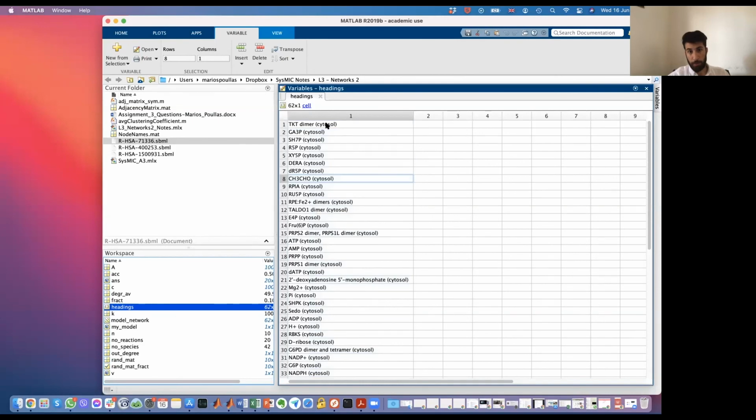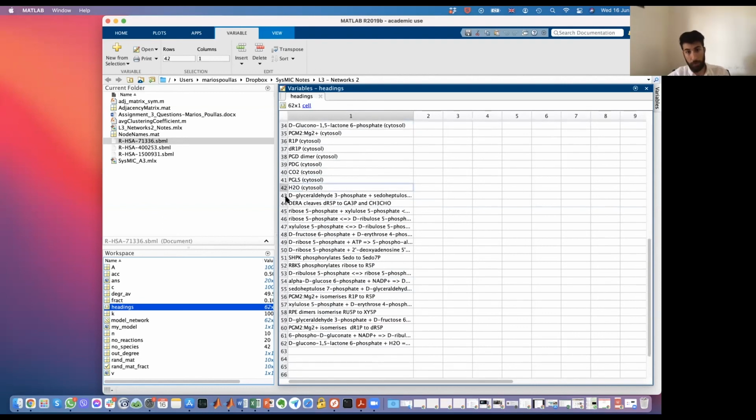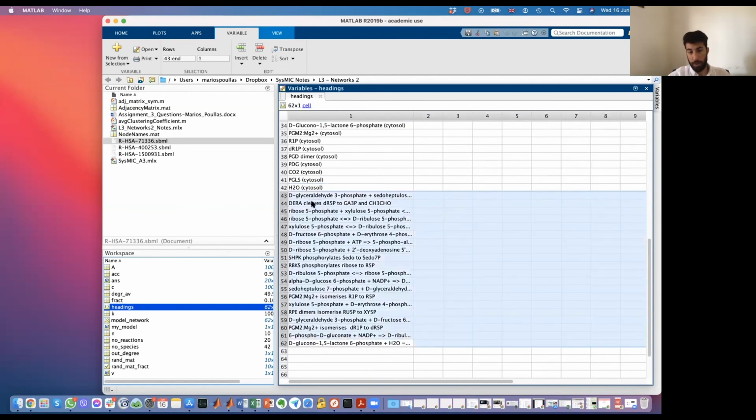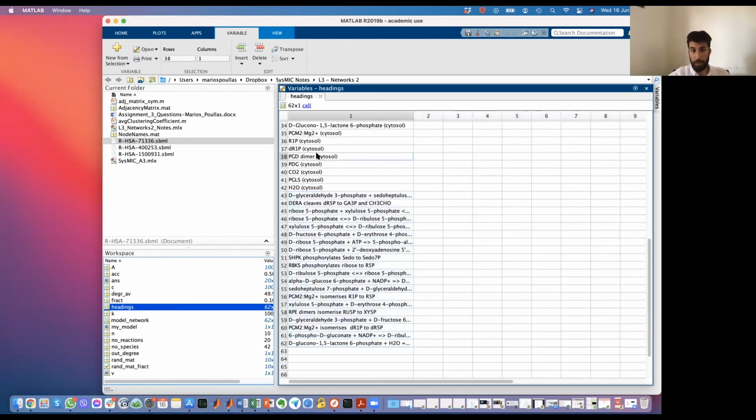Species on top, so we should have 42 species. Yep. And then from line 43 to 62, there are 20 reactions. So in the same file, you've got the reactions along with the